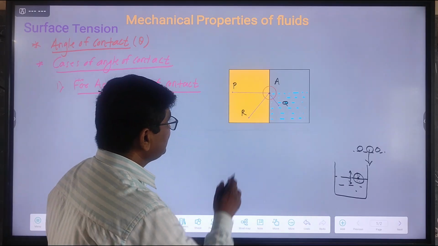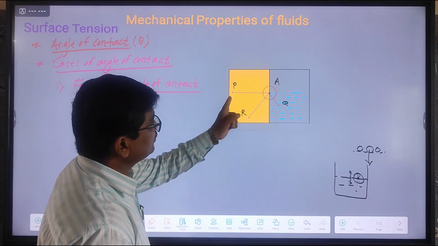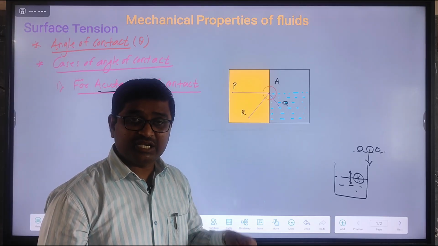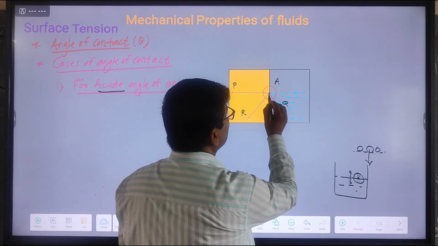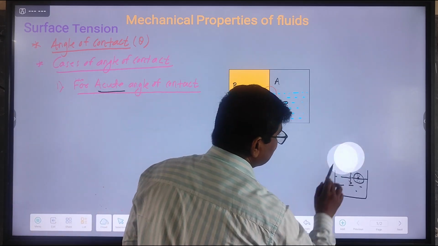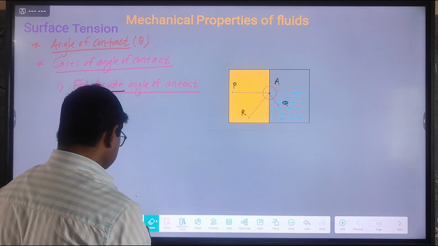Okay. So now in this condition, the adhesive force is greater than the cohesive force. So it means the molecule does not dip into the liquid. So the molecule normally creeps vertically upward. What does it mean? It means,